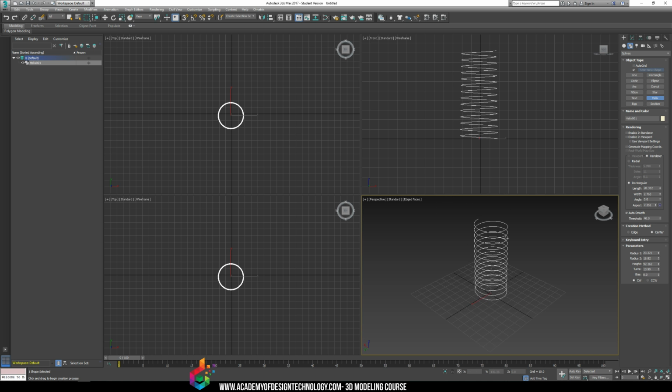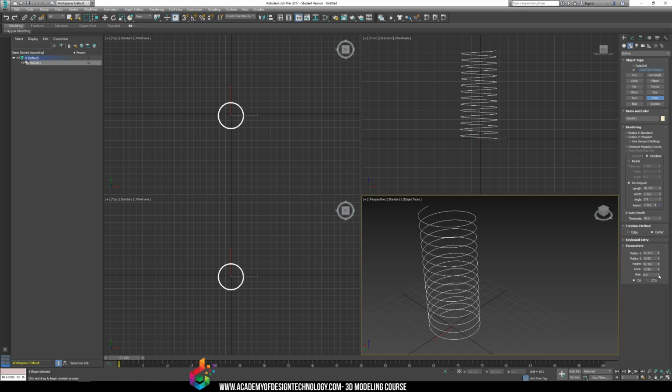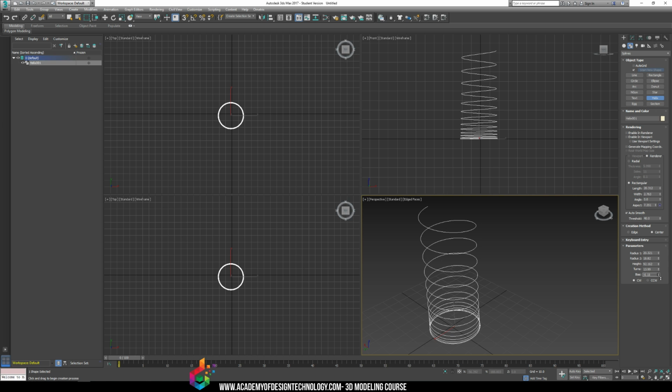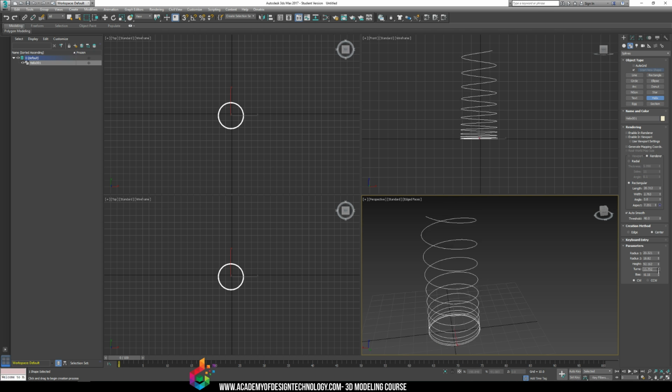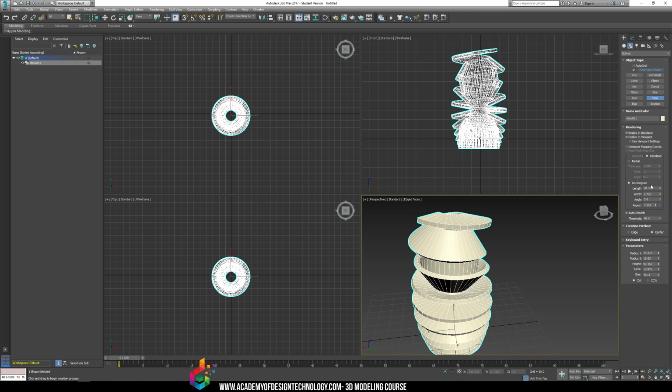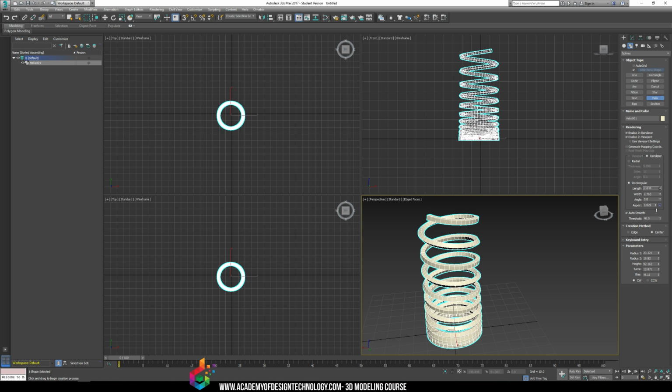Check that out. I can change the bias too, if it's more at the top, more at the bottom. If it looks more like a spring, a slinky type shape, you can change that. And then I'm going to turn on enable in renderer. It just enables if you're going to render the actual object. I always turn on both of these at the same time, enable in renderer and enable in viewport. And if I change the parameters for this, and maybe change the angle a bit,